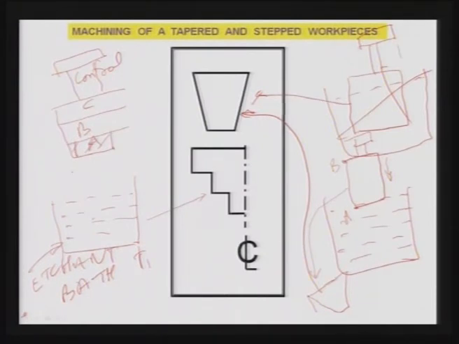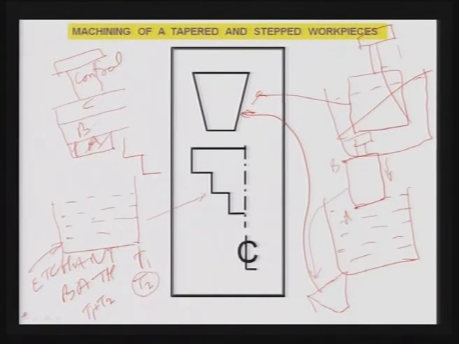Again, after this, you dip B and A both inside this bath and let this be for time T2. So, really speaking, part B is dipped for T2, but part A is dipped for T1 plus T2 time. So, you will get the shape of the component like this.